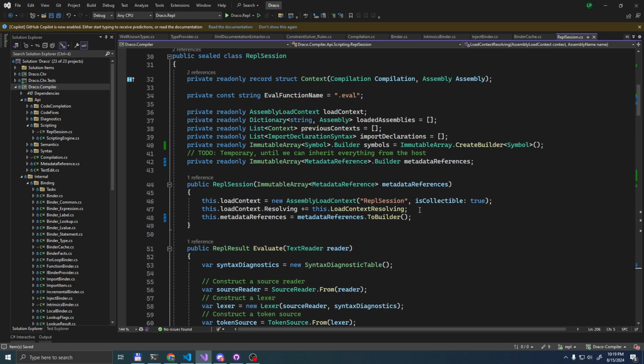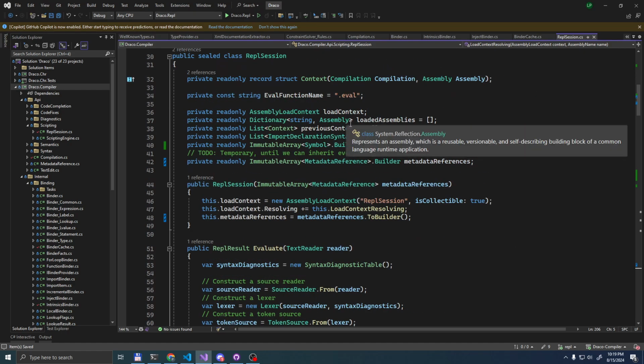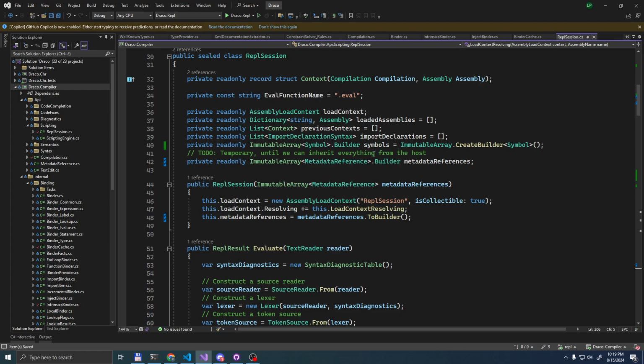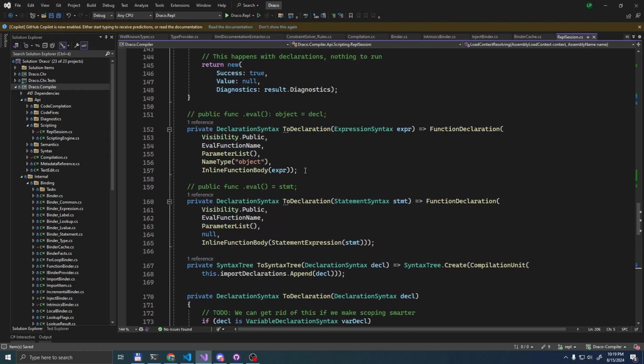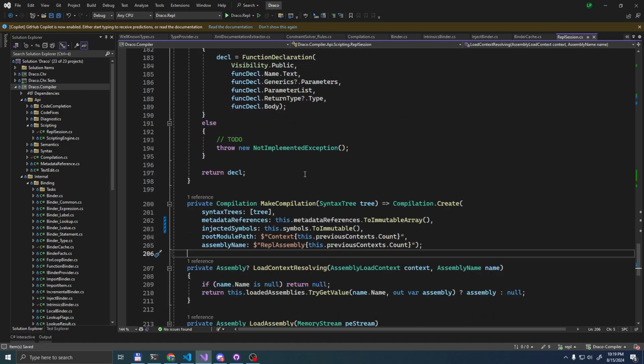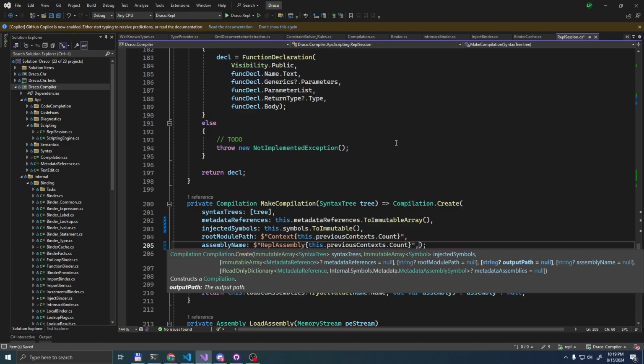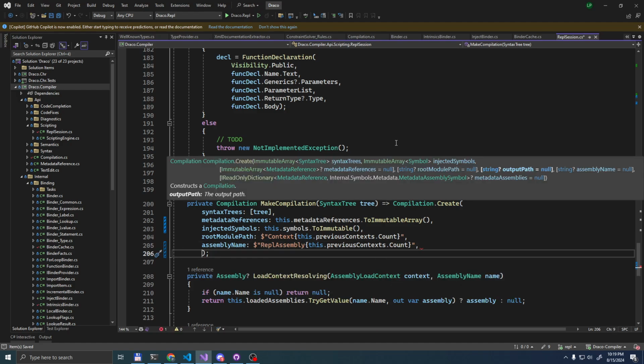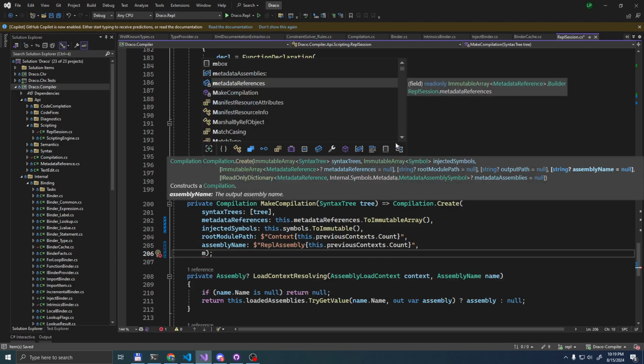So now I'm again starting to lose track and trying to remember what we might be missing. Oh, of course, we need to modify how we construct the compilation, because we need the previous compilation's metadata assemblies in case there are any.